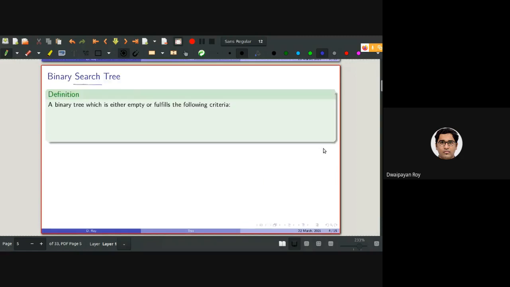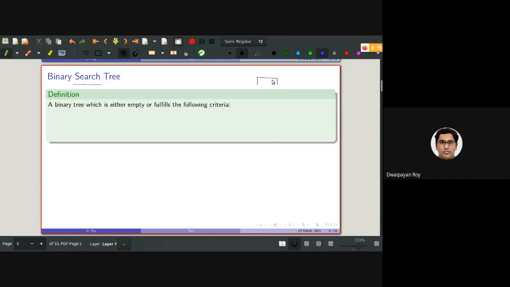So first, define a binary search tree. A binary search tree is either, as we have discussed, an empty tree, which is also a binary tree. From that definition, an empty tree is also a binary search tree as well.